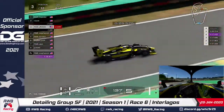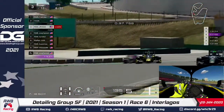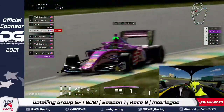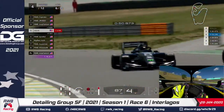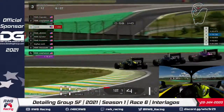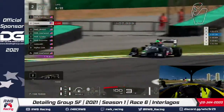J-Rod all over that, and look who's just sitting there. Catching back up to all of these guys is Joey Canoli. He got wiped out from first to 6th or 5th, and he's made his way back. He's still got decent tire wear too, so he's been fighting that. And look at this. Oh, what is going on there? Oh, NX is all over the place. He is having all kinds of trouble. He is fighting that car really hard, and he is making all kinds of trouble for these guys. 3 wide through these is not where you go. Oh no, Joey! Hang in there, bud. Hang in there. Oh boy,